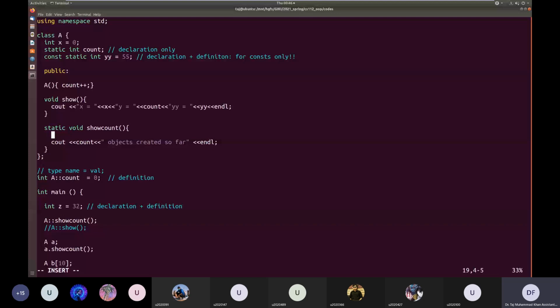This will give me an error because a static member function can only access static member variables. Invalid use of member x in static member function. So a static member function is not allowed to access non-static member variables.